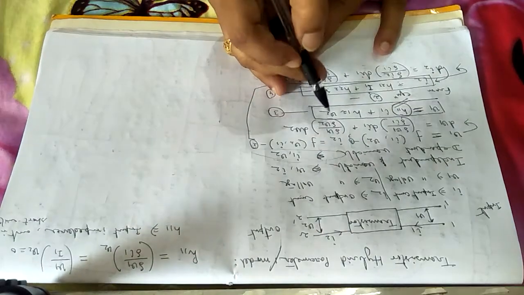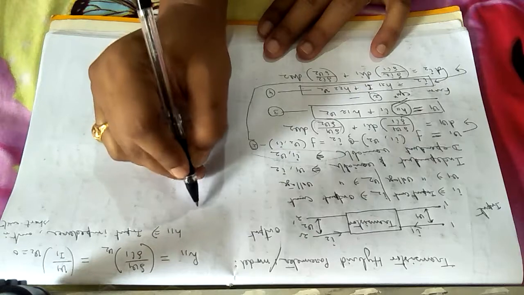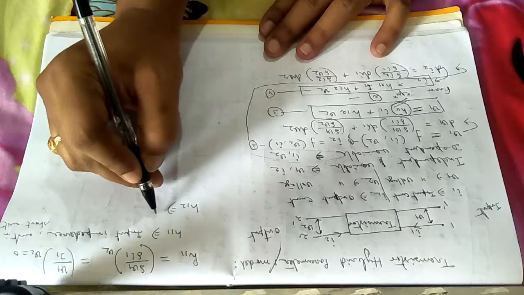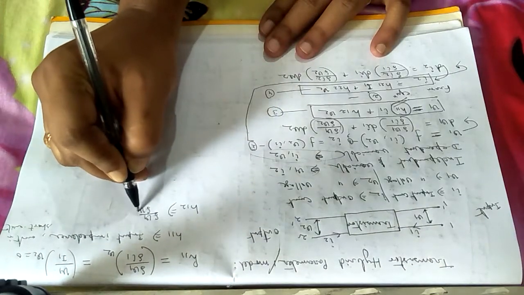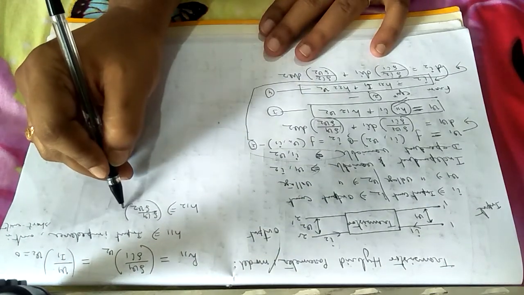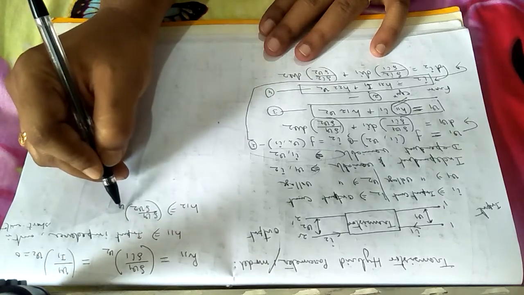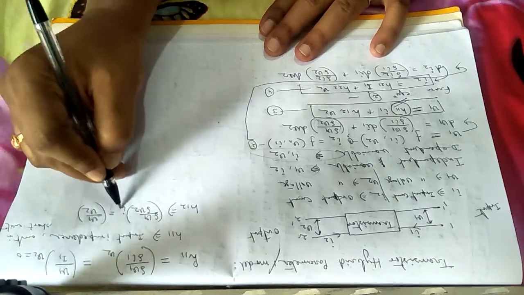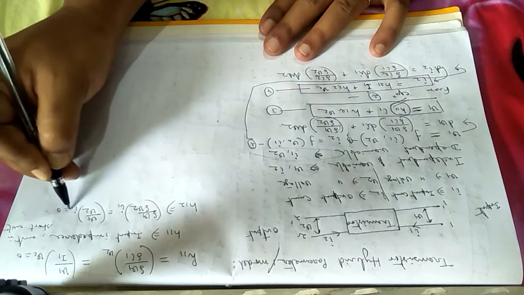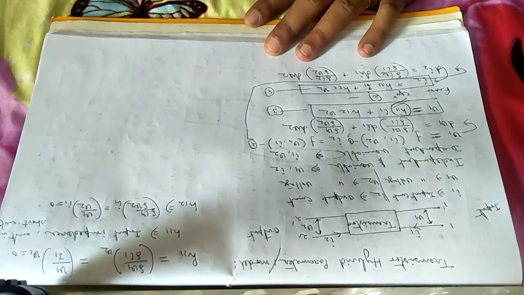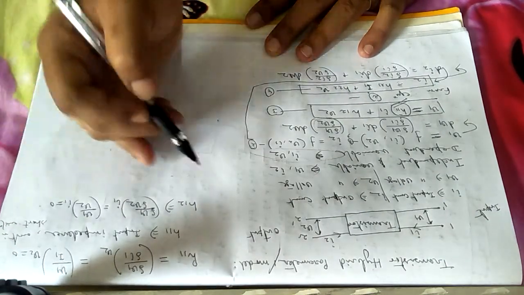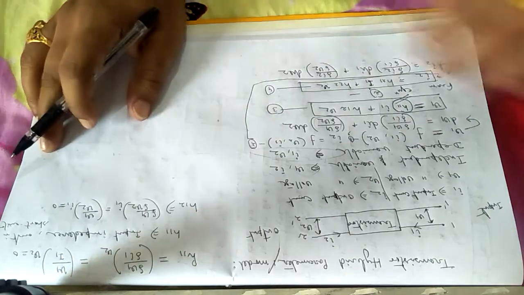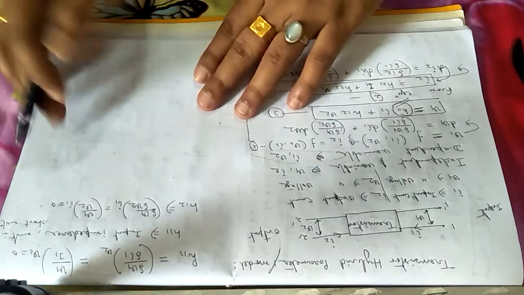Okay. Similarly, you take the second one, H12. What is this one? H12, I got this one from del V1 divided by del V2 when the other parameter was constant, that is I1 was constant. I can express this one as the ratio of V1 by V2 when I1 equals 0. I1 equals 0, what does it mean? I1, that is the input current, is 0. For the input current being 0, that is input will be open circuit.